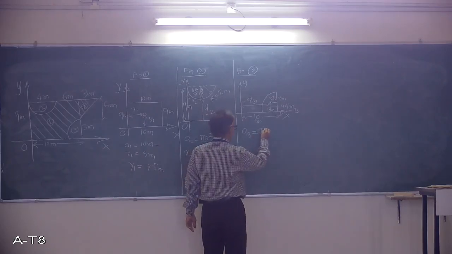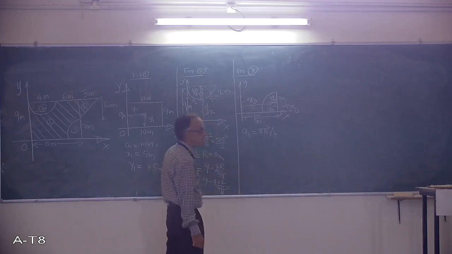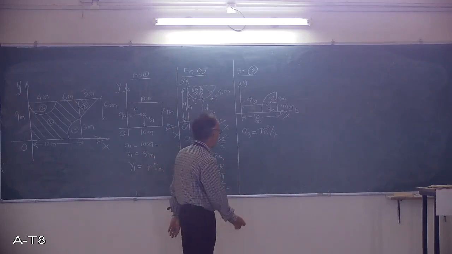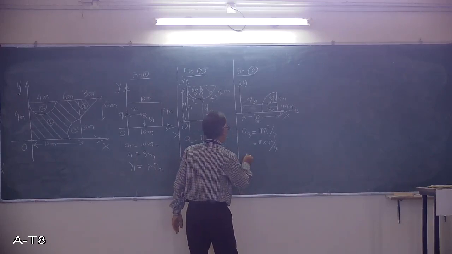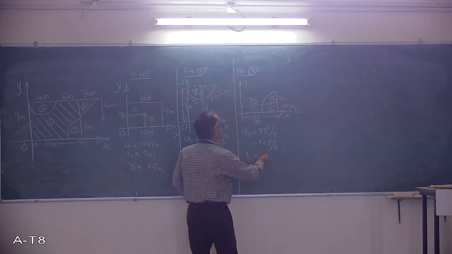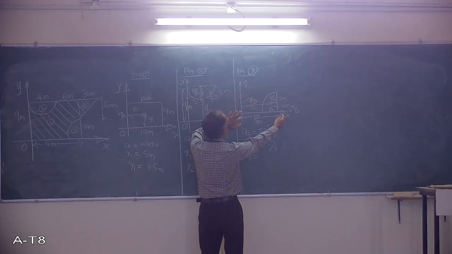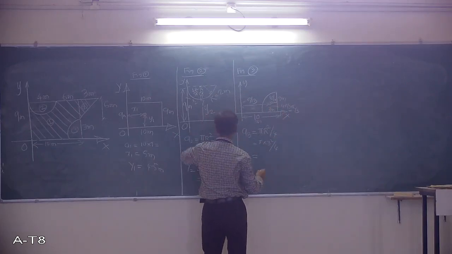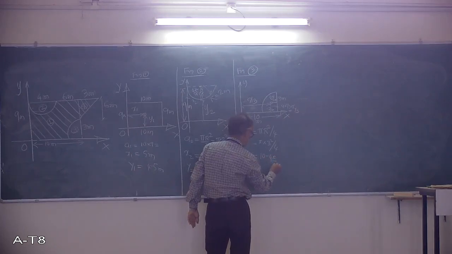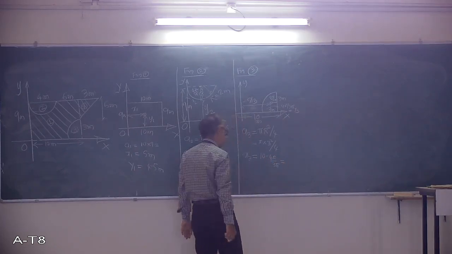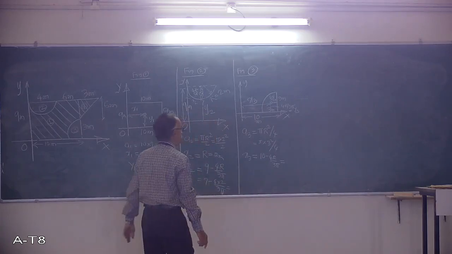For right here, A3 is pi r square by 4. Why 4? Because it is a quarter circle, 1/4 of a circle. If I mark here, so pi into r square. So from that you get A3. Then I write x3, very, very important. X3 is here. Total is 10 meter, 10 minus 4r upon 3 pi. Put the value, you will get the value of x3.